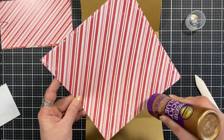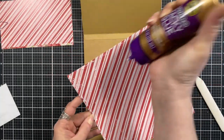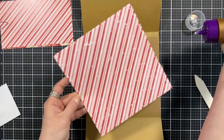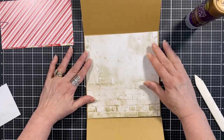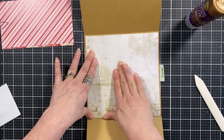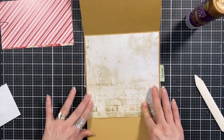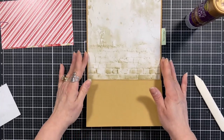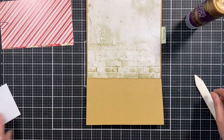Now, if I had more flips coming out the side, we would want to make sure that they are in place as well. Oops. So we're going to get that down. And again, we just make sure that it's well adhered. And what I want to do now is I want to measure this piece, because I need another piece for my